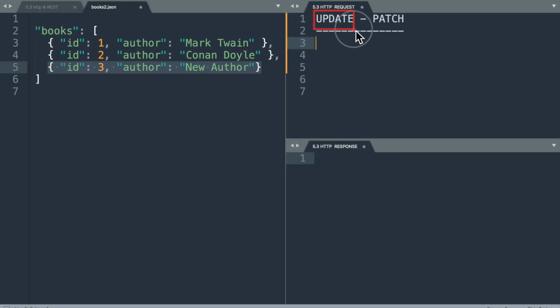So we want to update a record, and to update a record we need to use the patch HTTP request method. Our intention is to update this particular record, and within this record we want to update the author field from new author to O Henry. So let's begin our request line by writing patch, and then the path will be